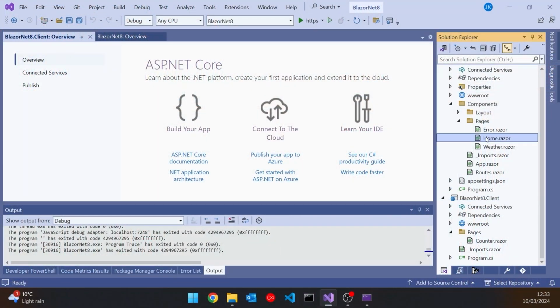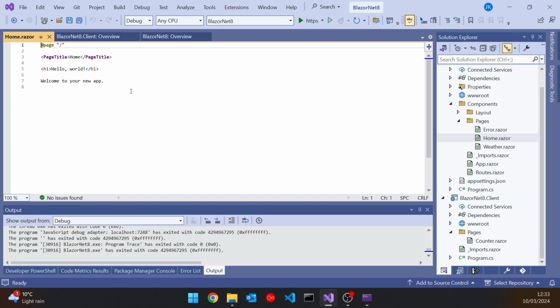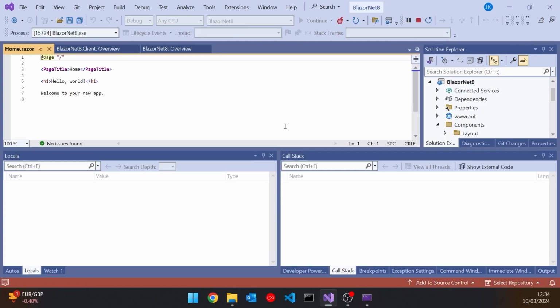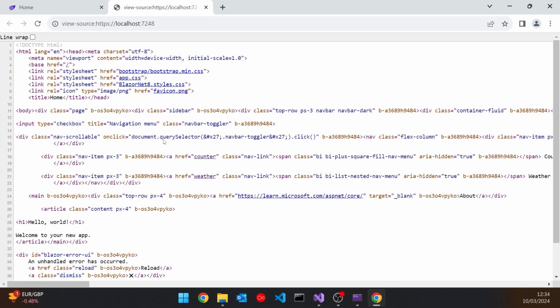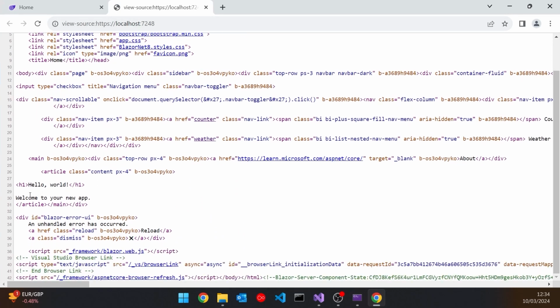So if we look at that home page, we can see that it's just giving us the hello world, nothing particularly important about that. And if we run that up and then we look at the page source, we can see that it's given us just exactly that page directly. So we've got the hello world and the welcome message there, all working fine. Plus, of course, the navigation and other things like that.